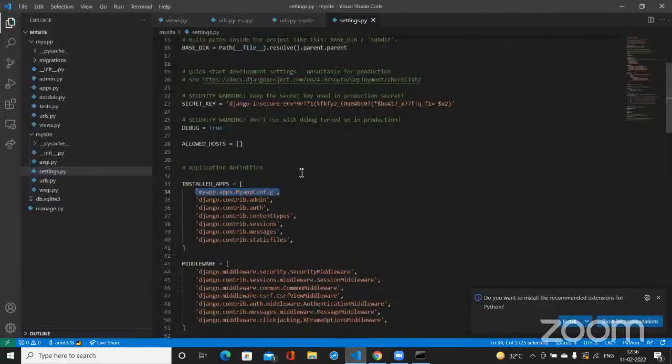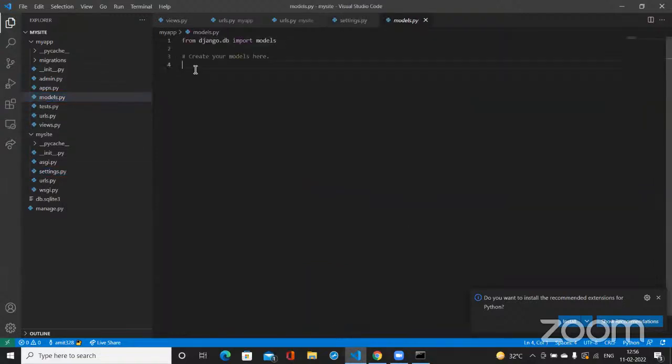So once you're done with this, let's move on and create our model. The model that I was saying initially is the basic general skeleton of our actual project. For this, we'll make a class. Go into the models file that is available in your app, then type class, then type Book and